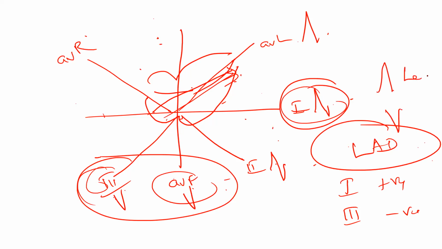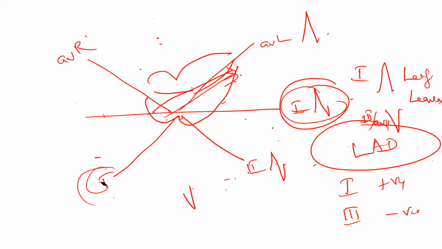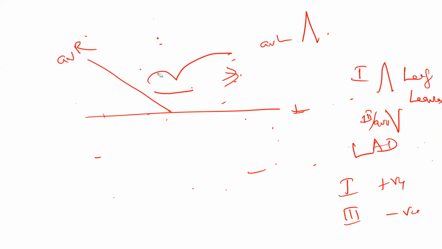So the mnemonic is: left leaves. Lead 1 will be looking at the other side, and lead 3 will be looking downward; they are leaving each other. So lead 1 or lead 3 and AVF are leaving each other. So left leaves, that's the mnemonic for left axis deviation. Do you understand? Yes, sir. Okay. Now let's see the other one.